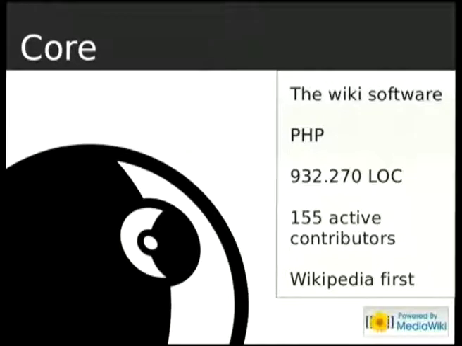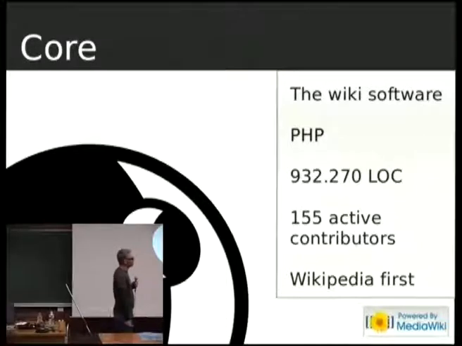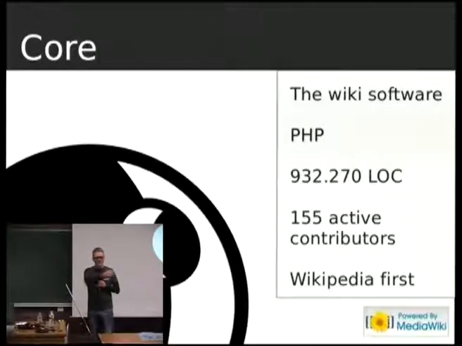And well, finally, we go to the MediaWiki core. So this is the software that provides the wiki in Wikipedia. Well, it's quite a beast. It's big. I was told that maybe this number comes from Ohloh statistics. Maybe this number contains the localization strings, but still, it's a piece of software that I would recommend you to start first with extensions or something before you get there. But in any case, there's about 155 active contributors.